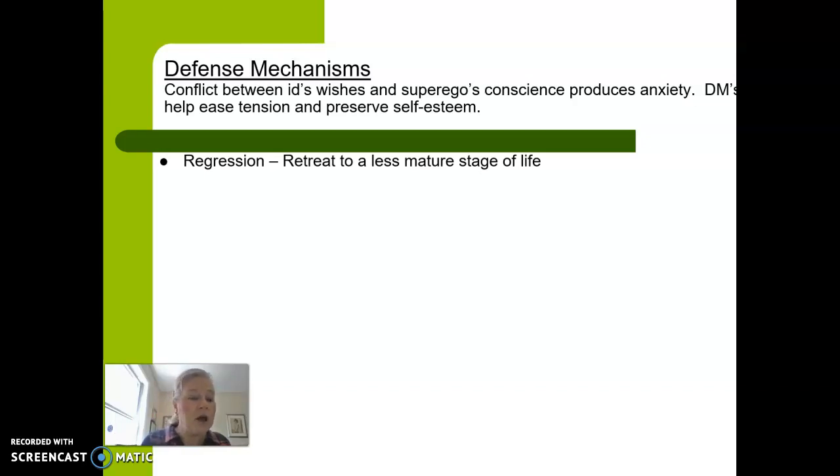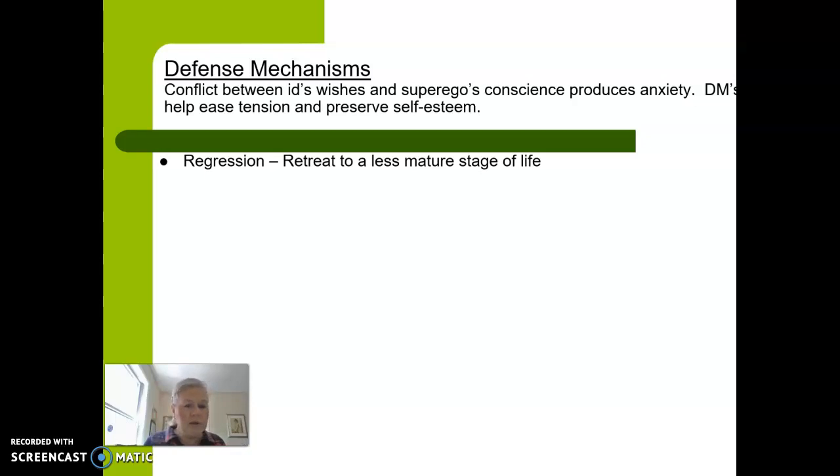Going off to college, oftentimes students are like, whoa, I'm so excited. I'm going to college. I'm not going to call my parents. Like, I don't even need to talk to them anymore. And then what do they do when they have a problem? They call their parents. Okay, so think of regression as something that happens when you are particularly stressed due to a change in your life.